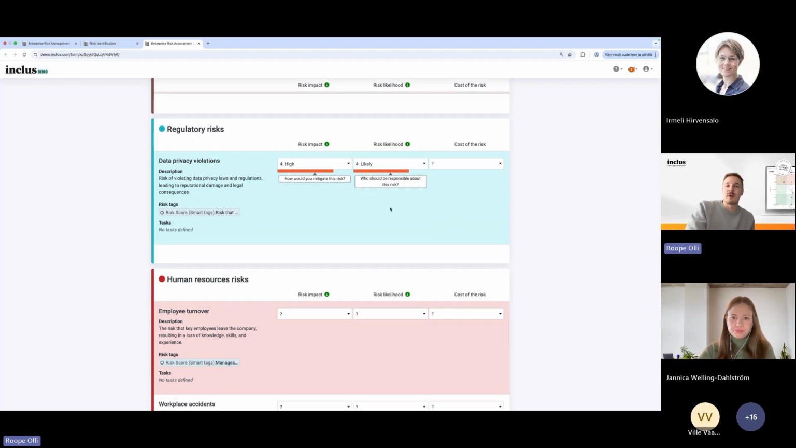We can do this in a couple of ways in Inclus. One way is that we add our own criteria for the cost of the risk. Then, in the different forms, we can either have a selection there, or we can even just write the price of the risk here, whatever it is. And then in the background, under the criteria or criterion formulas, we can then calculate,